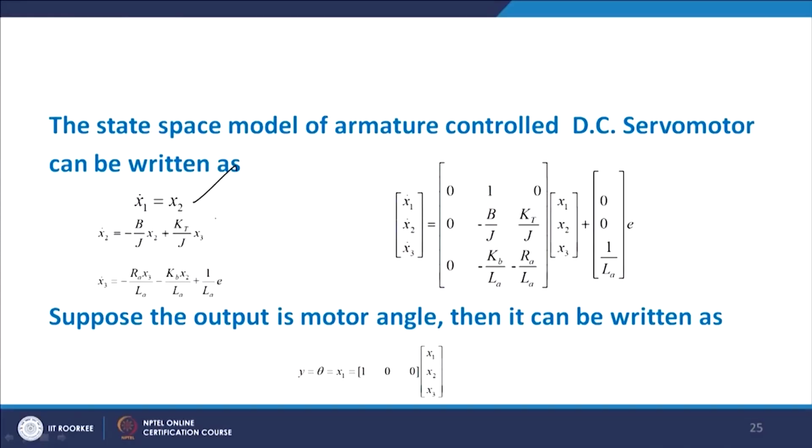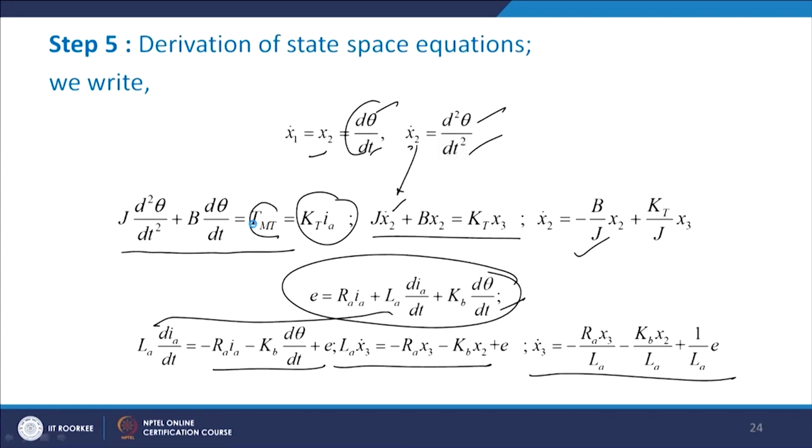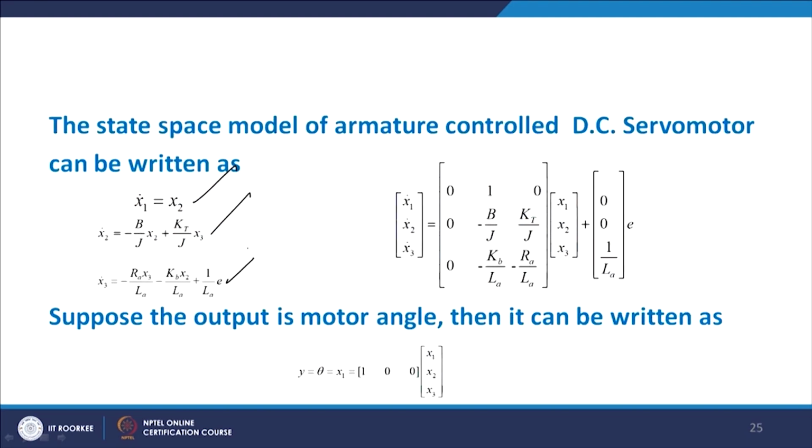So x1 dot, x2 dot, x3 dot, whatever we have determined here, we have written like this, and from this x1 dot equal to x2. So here it is 0 1 0, and the input is 0. Then x2 dot equals minus b by j x2; the x1 term is 0 here, and here kt by j x3. Then for x3 dot, is there a term of x1? Again the term of x1 is 0,